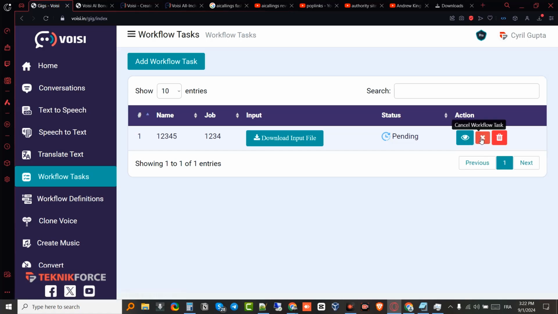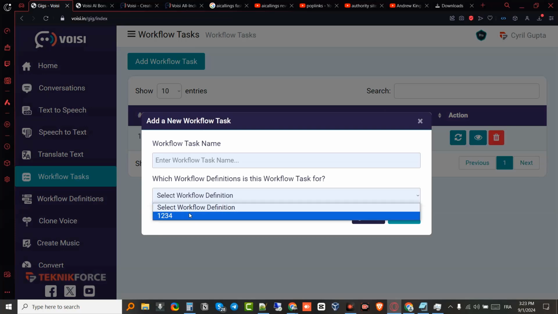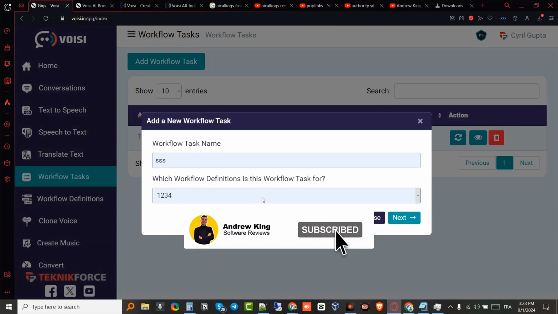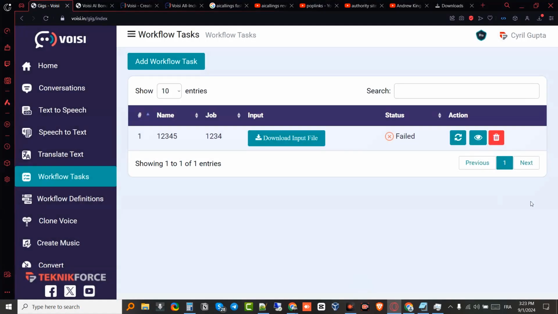Let's go ahead and cancel this one, and let me just try to create a new one. Okay, so let's call it this, and click on next, and here you can set up an automation. I'm not sure how to use this, so please go and check out the tutorial if you happen to pick this up to learn how to use this. I would advise you to do this yourself. You don't have to use the workflow automation. This software is so easy to use that you don't actually need this.